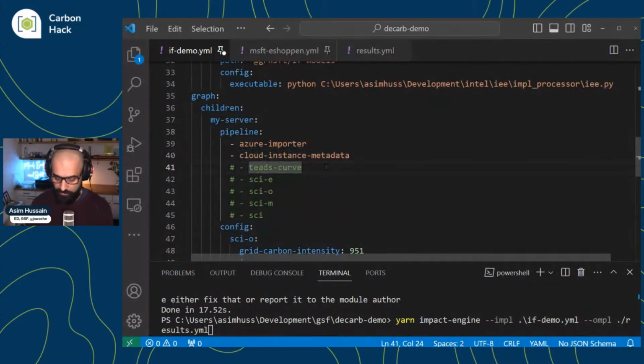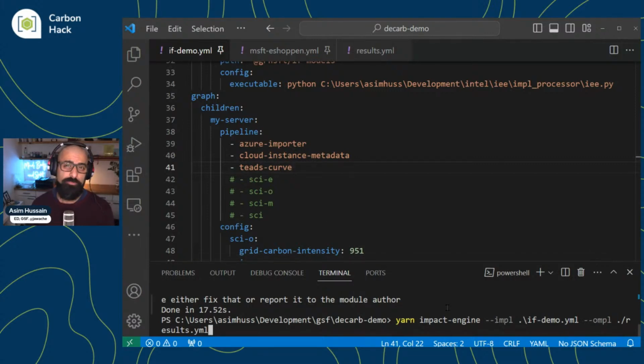And then how do you convert that into energy? Well, there are multiple models you can use. There's one here, Teads curve. Teads curve is a great piece of work done by Benjamin Davy a couple of years ago to come up with a generic power curve, as long as you have a TDP value. So you can use these models. We've got other ones. We've got a Boavizta one. We've got a CCF one. We've got an IEE one, which I'll show you in a second. There are multiple different choices you can make for taking utilization into energy, and they all have their own assumptions. They all have their pros. They all have their cons. You can pick the one that is best for your use case.